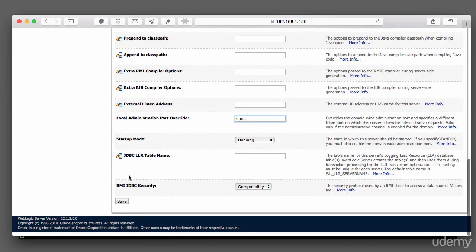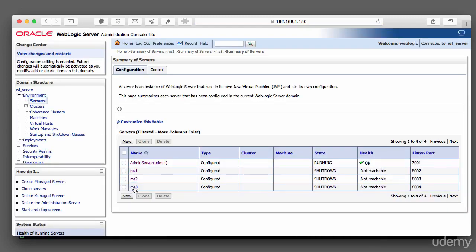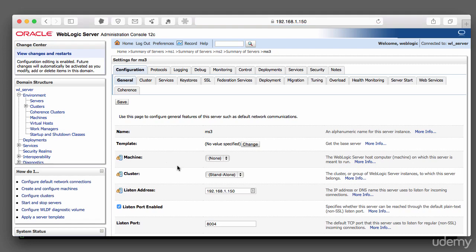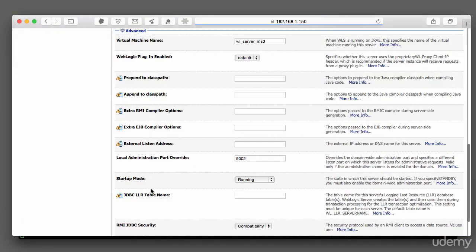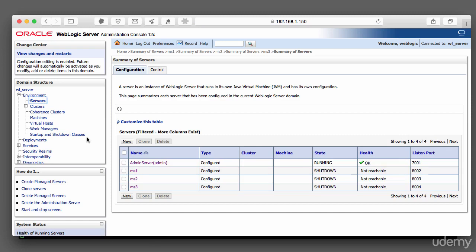Click Save. And then repeat this for the managed server 3. So click on MS3, scroll down under Advanced, and local admin port should be 9004, and click Save. So now that we've configured the local admin port for all the managed servers, we can now go ahead and